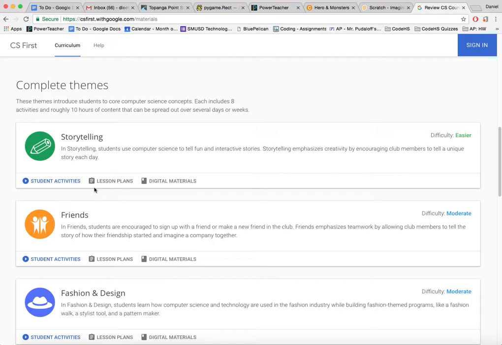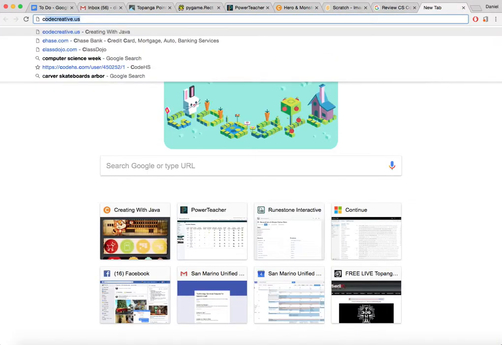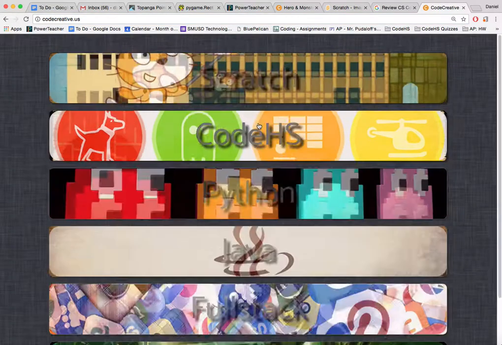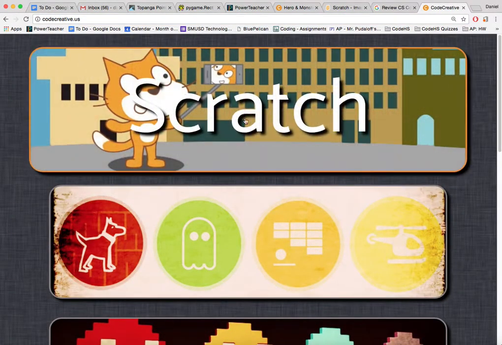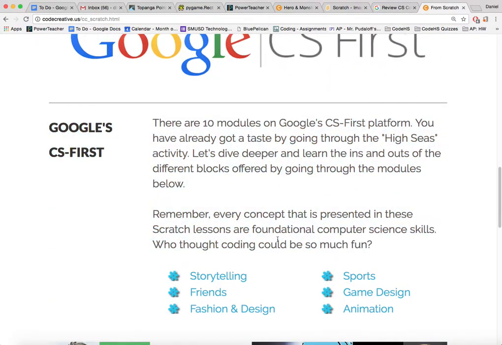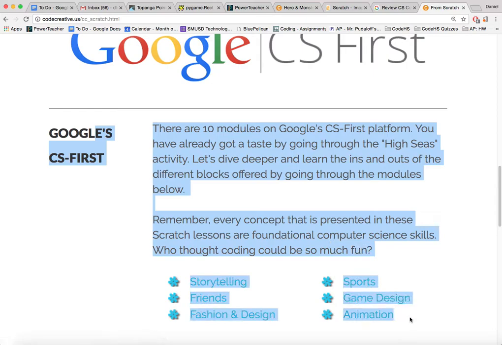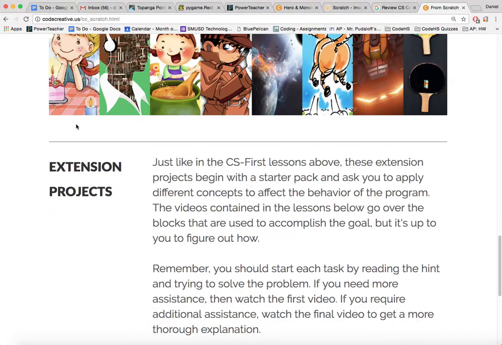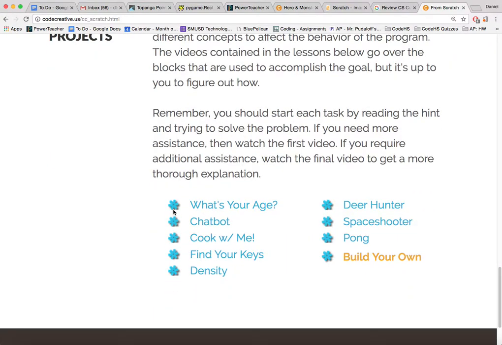And if they get even more excited about this, then of course I would want you to encourage them to take my classes, right? And then for the students who have experience programming, maybe they've taken my AP class, maybe they've taken the Intro to Coding class, what you're going to do for those guys is tell them to go to codecreative.us. This is my website. We'll click on Scratch. And then let's skip down to the bottom past the Google CS First curriculum, right? And these are extension projects, and they would be able to just jump into these extension projects running